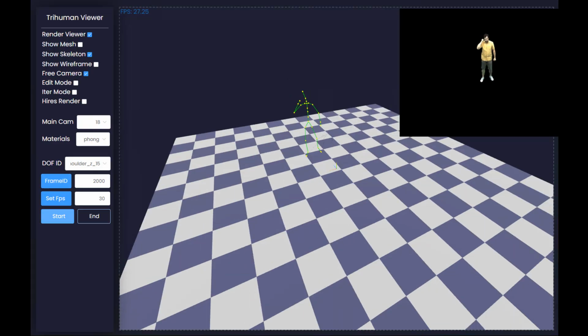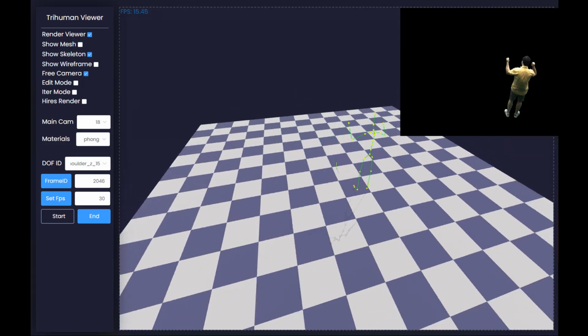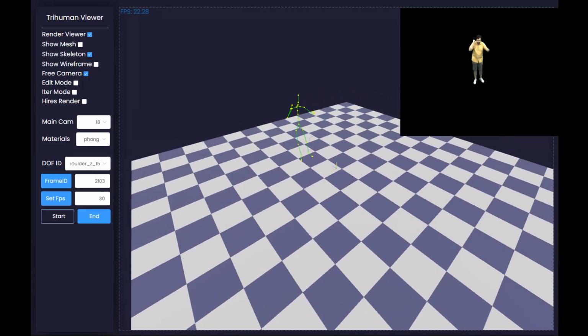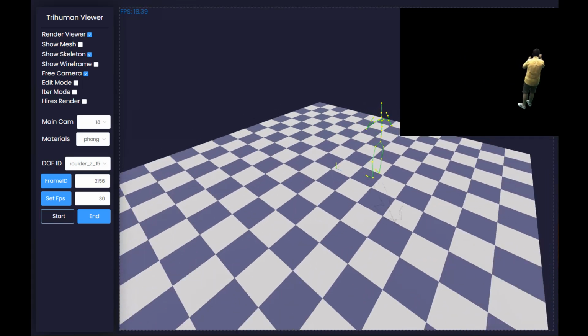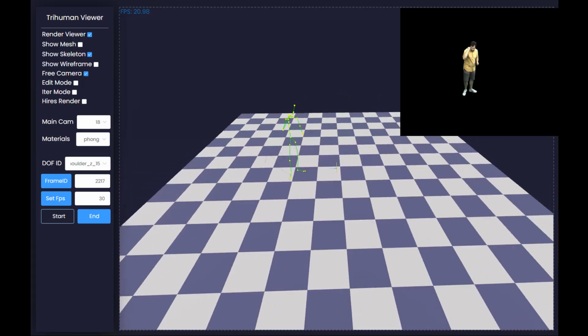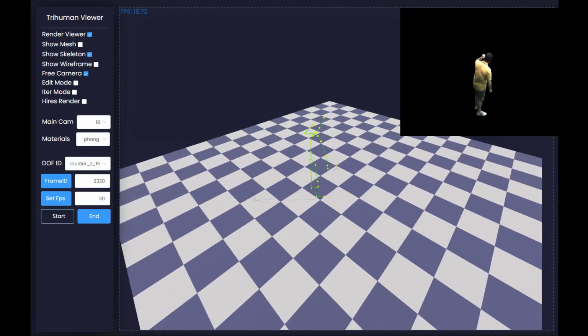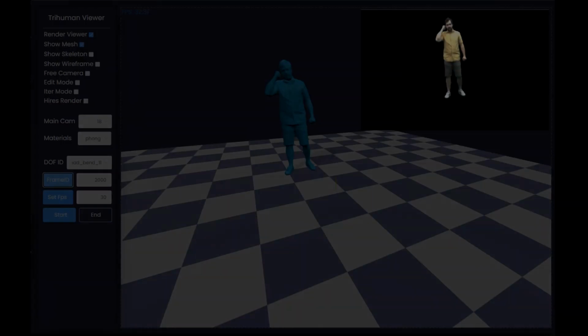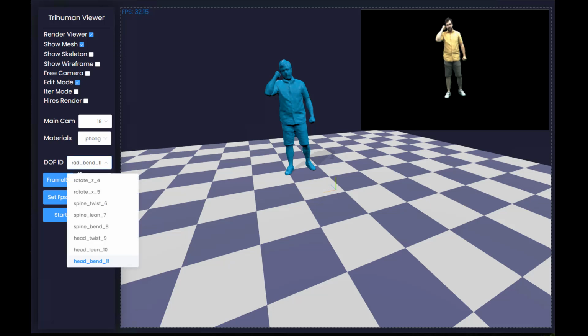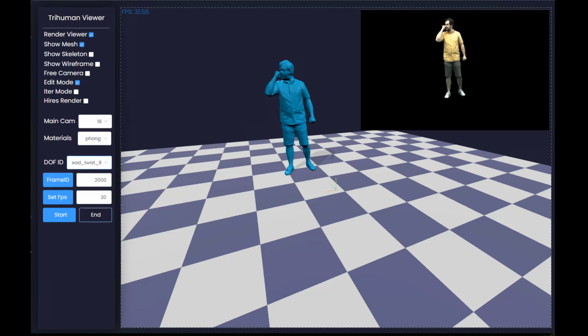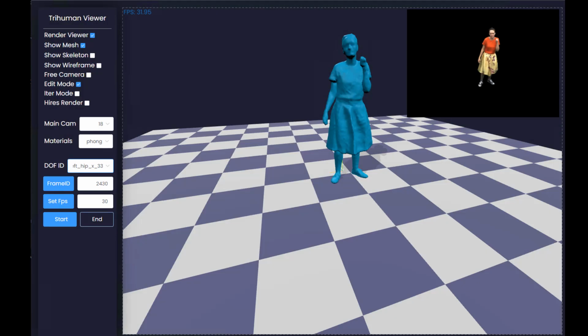Users may also switch to free viewpoint rendering mode to inspect the skeletal poses and the character's imagery with a camera that orbits around the character. In DOF editing mode, users may customize novel motions through modifying skeleton DOFs. The DOF editing will induce dynamic effects such as dynamic shadows and folding wrinkles.